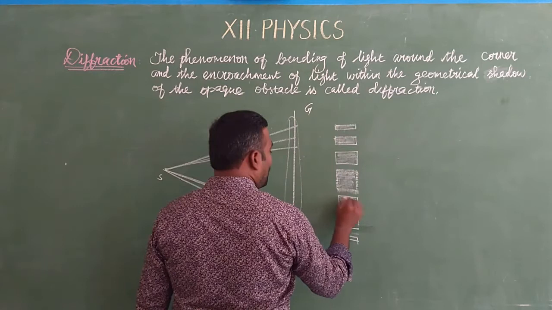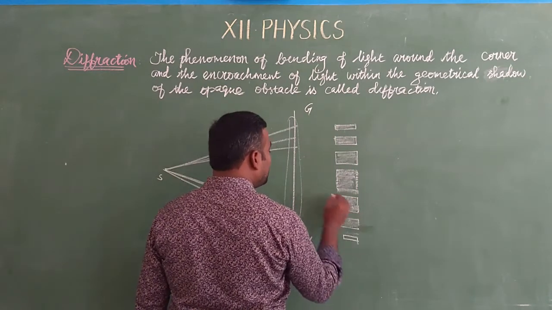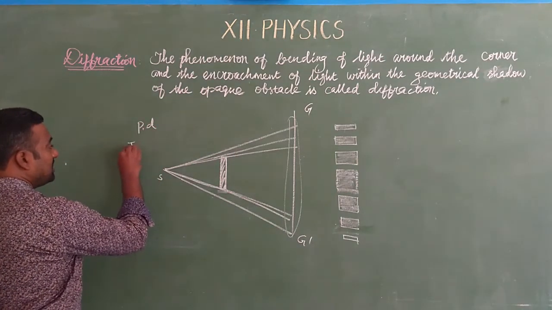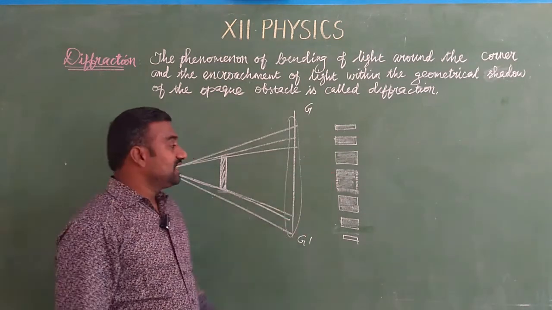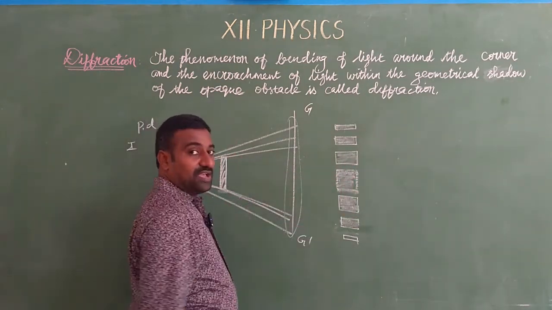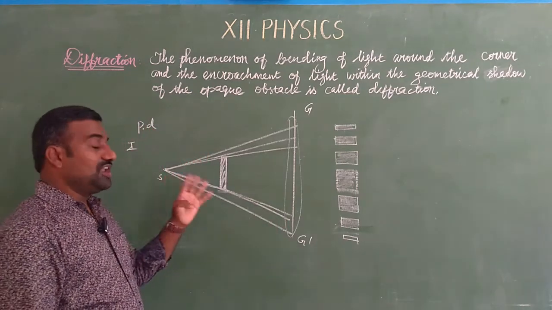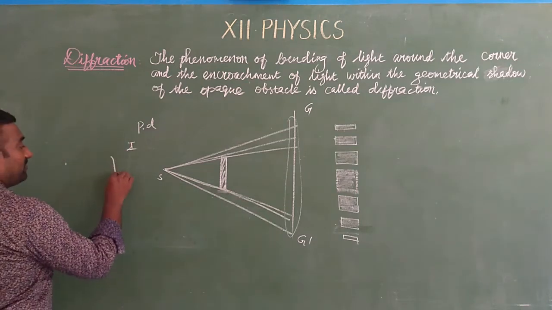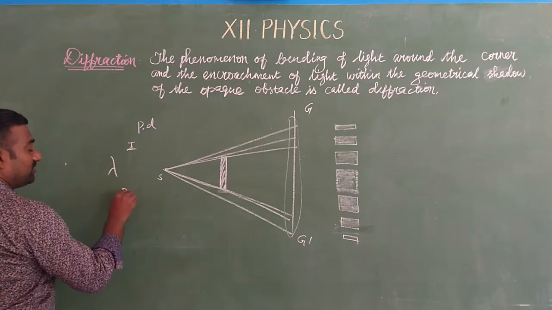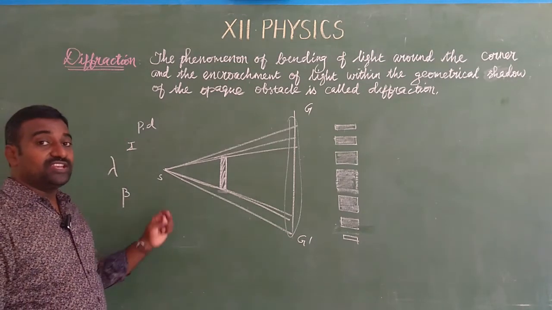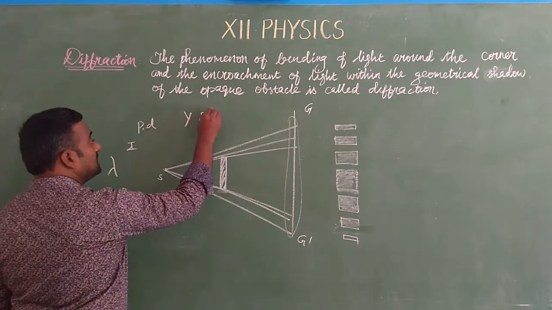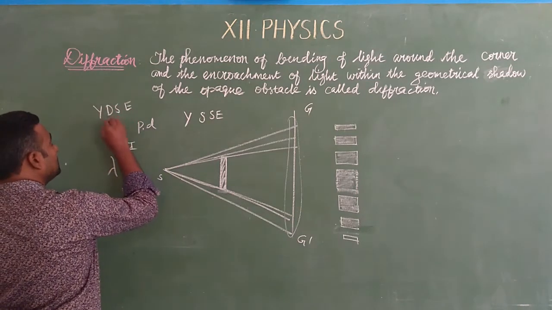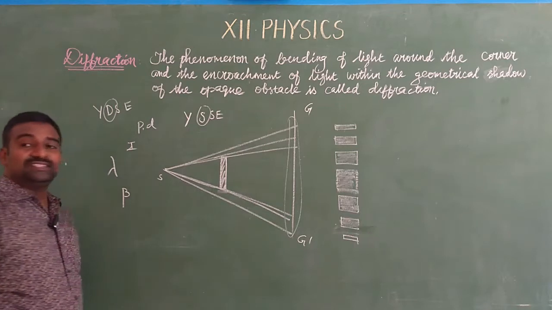Okay, so how in Young's double slit experiment we found the intensity and path difference. First we found the path difference, and then the intensity at the central maxima. After the intensity, next we found the central minima, then the fringe width. So all these things we are going to calculate: path difference, intensity, then wavelength, and the fringe width. All this we are going to calculate using Young's single slit experiment. But in the interference phenomenon we have seen Young's double slit experiment. Now we are going to see Young's single slit experiment.